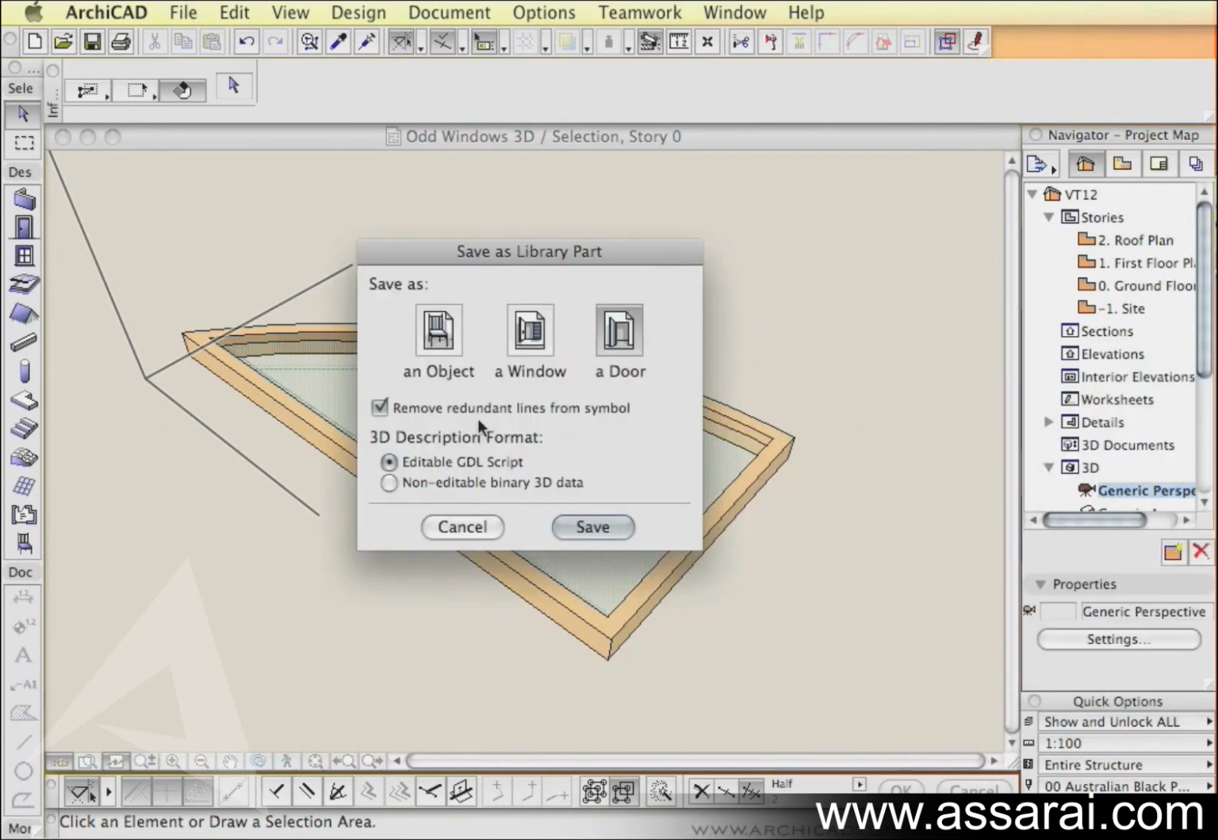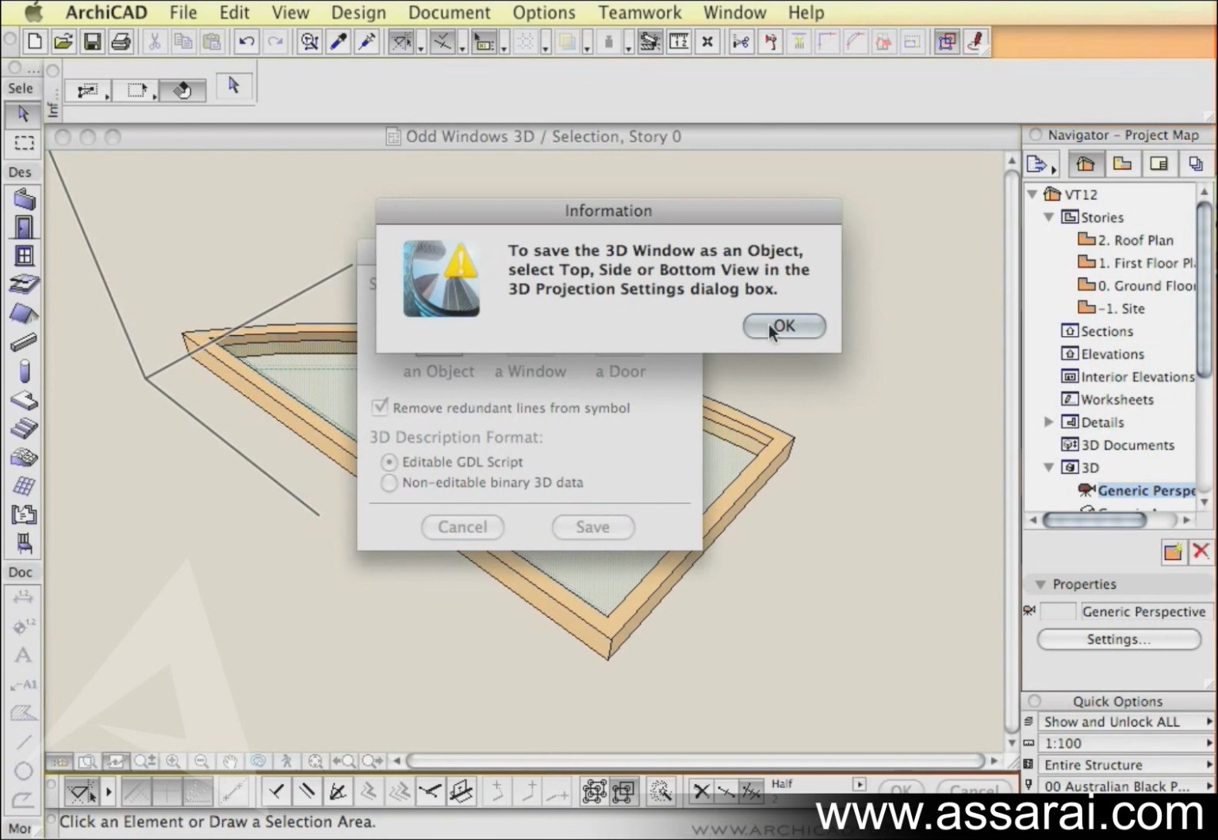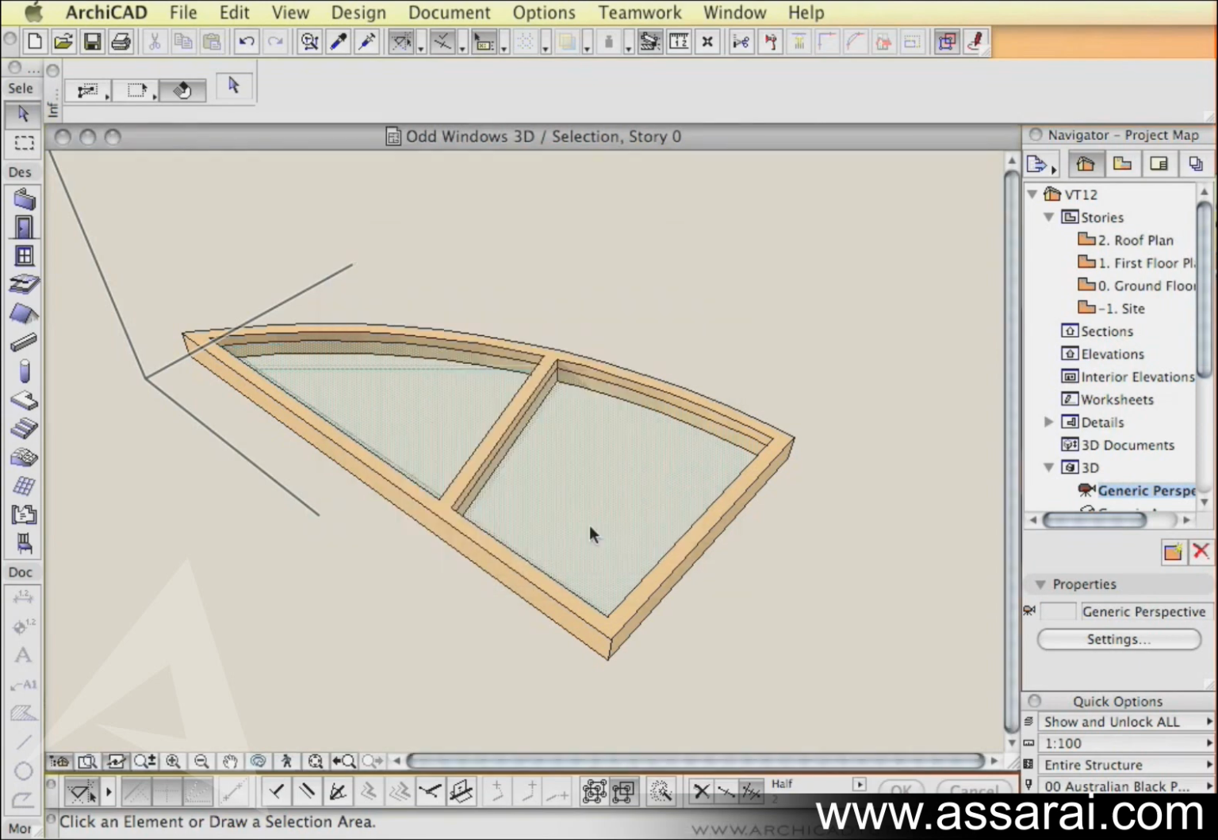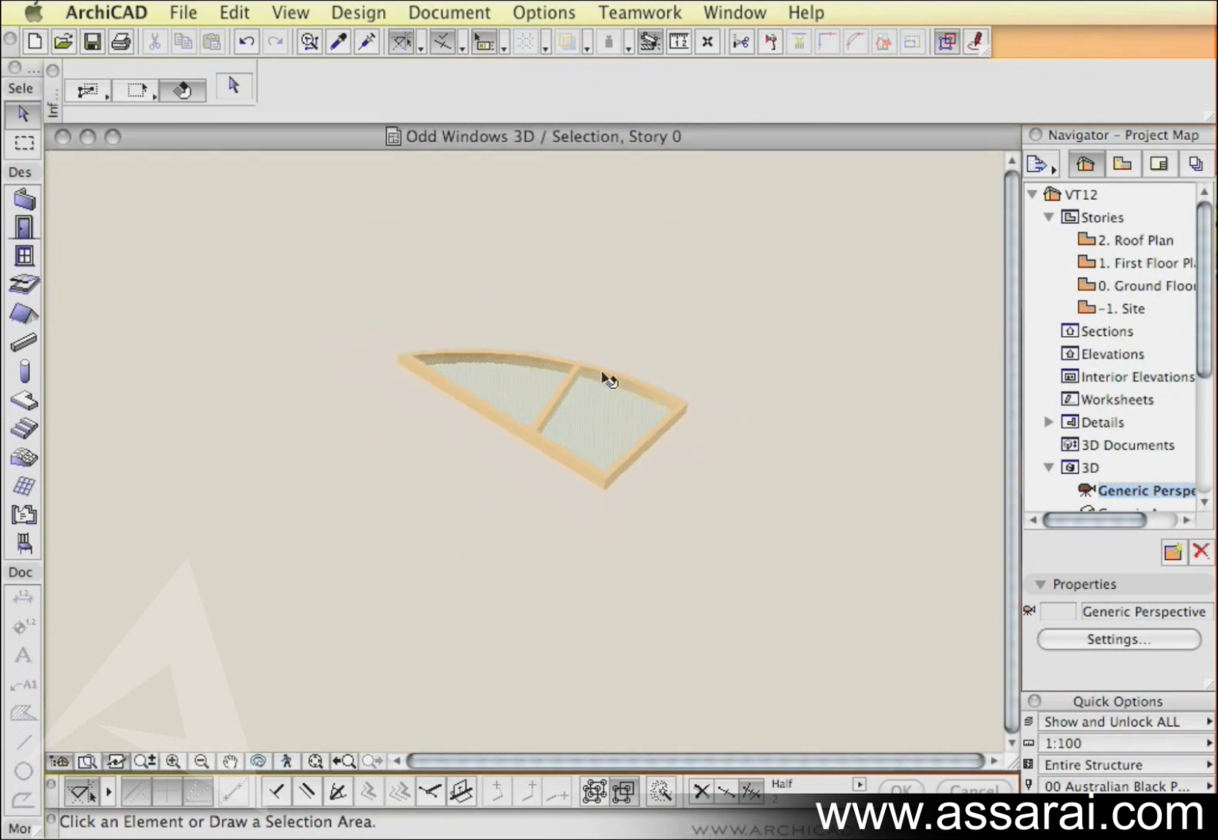Then I'll be asked a question whether I want to save this object as a door, window or an object. An object would have to be aligned vertically or horizontally in the view, either in elevation or top view, but we're going to choose window obviously. I'm going to remove redundant lines from the symbol, so it will appear a bit cleaner in the floor plans, and I'm going to leave it as editable GDL script. So later on, if you wanted to edit it, you'll be able to. Push save,